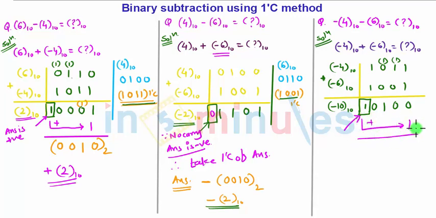The answer you will get is 1 0 1 0. Once again the answer is negative, since we are adding two negative numbers. So take the ones complement of the answer. If you take the ones complement of the answer, you will get 0 1 0 1, and since we know that we are adding two negative numbers, the sign is negative directly, and your answer is minus 10 in base 10, because this corresponds to the answer 10. So this is going to be your final answer.